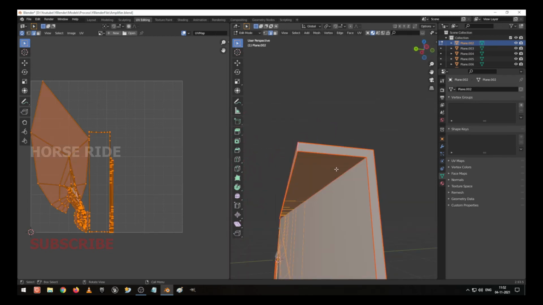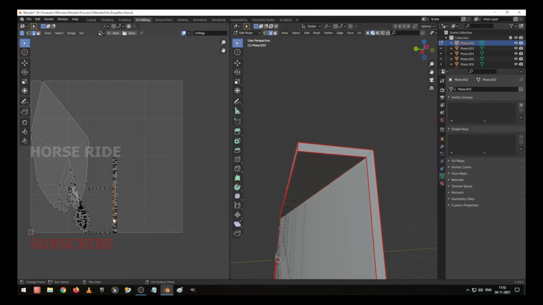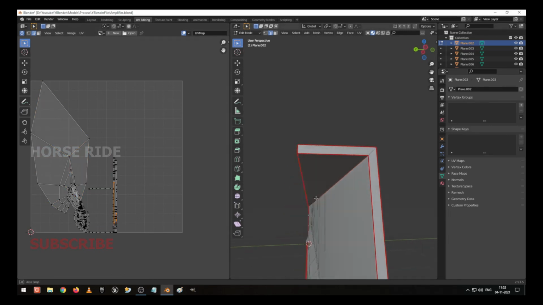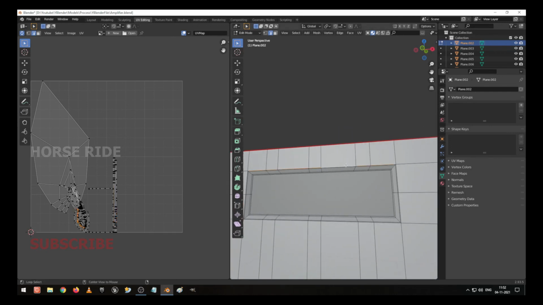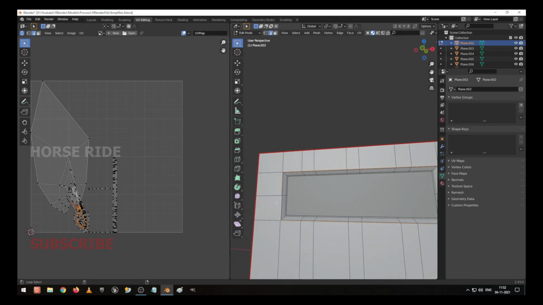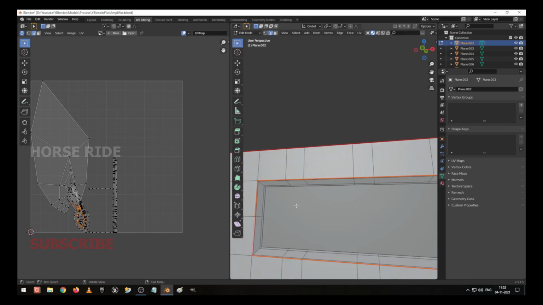I select all, I press U to unwrap it. That's been unwrapped perfectly. Then where the problem is, here in this selection, I select these edges and I press F5. I select these edges, I press F5.